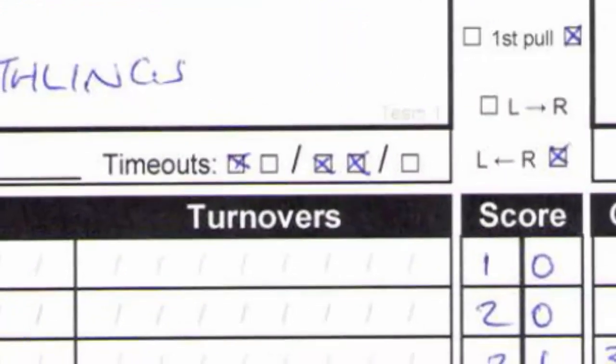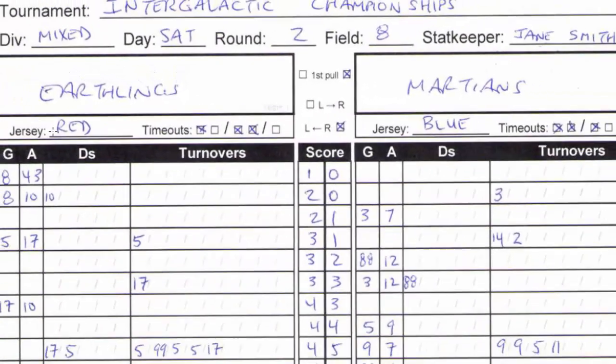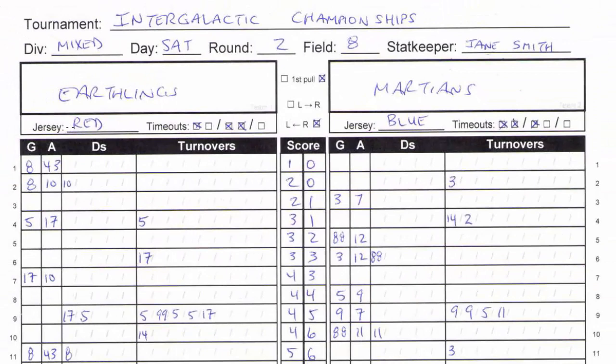As teams take timeouts, record them at the top of the stat sheet. If there's a Callahan score, where a defender catches the disc in the end zone they are attacking, mark a turnover on the thrower, a D, a goal, and no assist. Circle the score and make a note. If you're not sure if it is a Callahan, ask a player on the sidelines. There's a good chance one of the teams will be going nuts, because these are a pretty big deal.